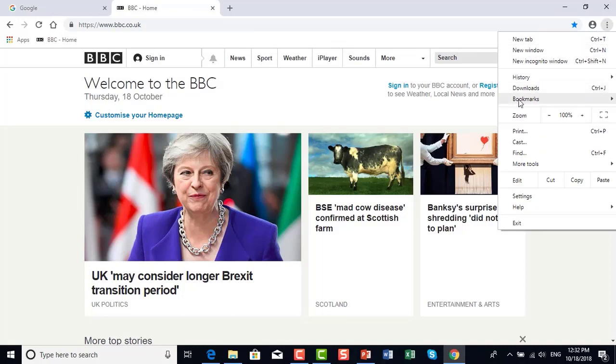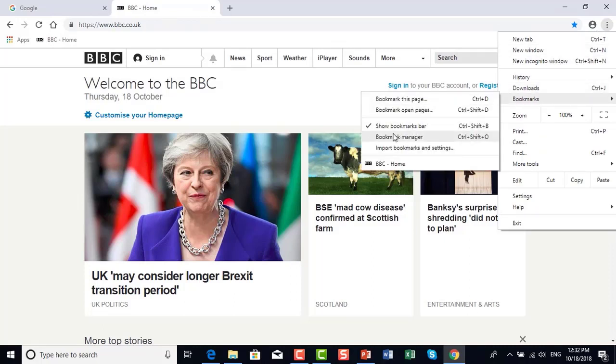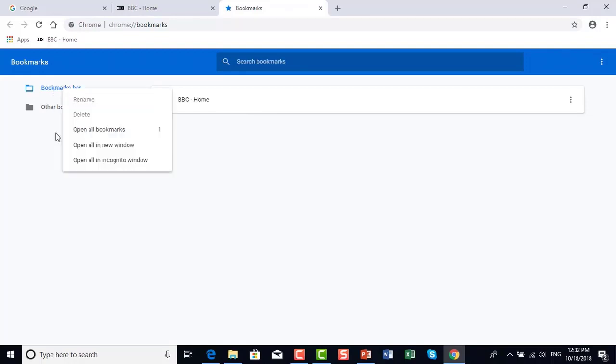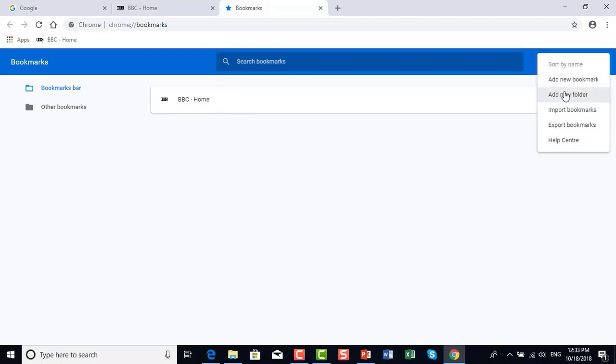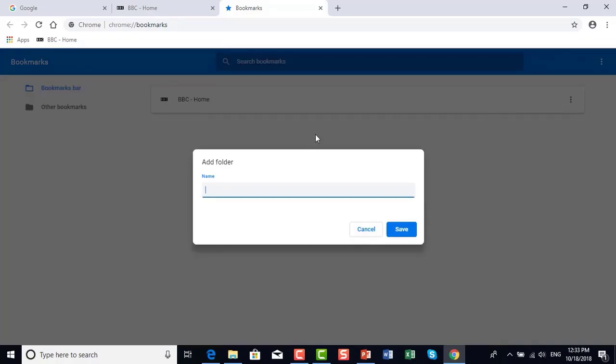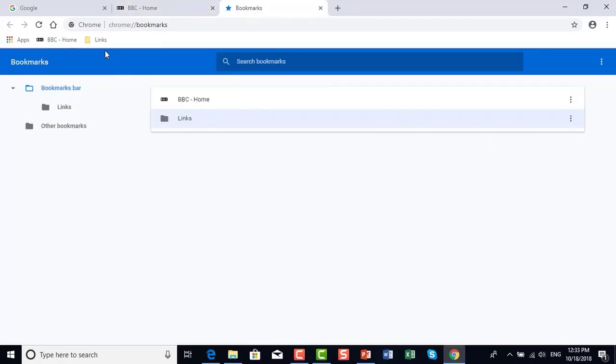Go back to the three dots and go back to bookmarks. We can go to bookmark manager, and we can then select some new folder by clicking on the three dots in the blue bar. So there we add a new folder, and we can have a new folder called links, and we can save that, and that is then one of the options where we can save some of our